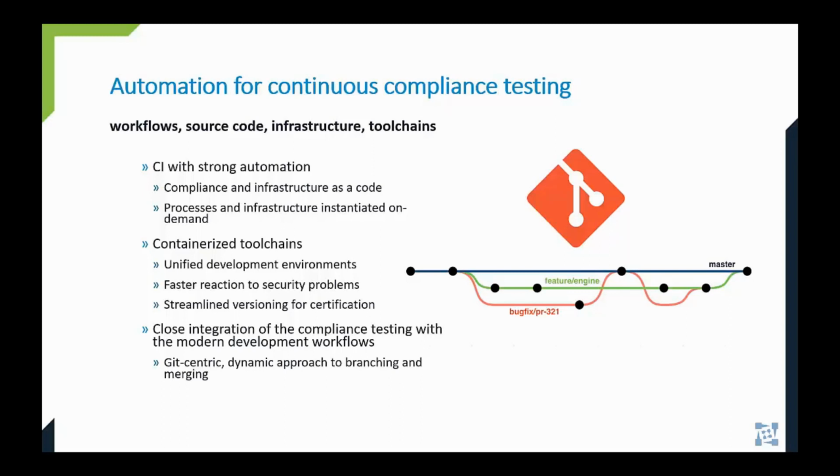Developers typically create short-living branches to do their work, and once they are done, they create pull or merge requests to integrate the code with the stable stream. And the feedback regarding compliance shall be an inherent part of these workflows. Developers need to see static analysis results, unit testing, and code coverage results in the CI platform,